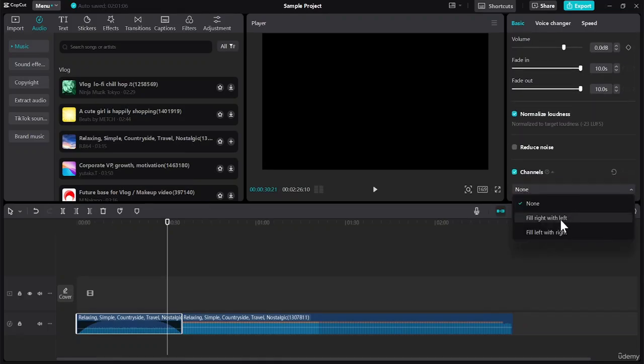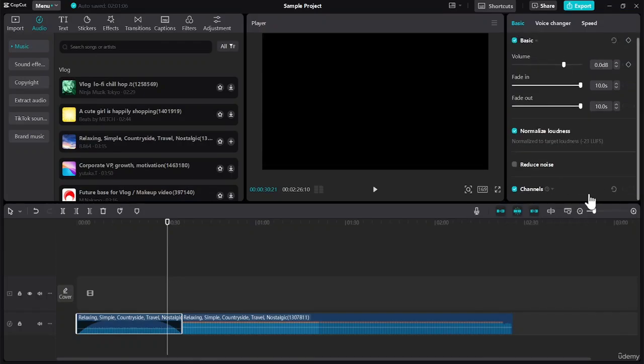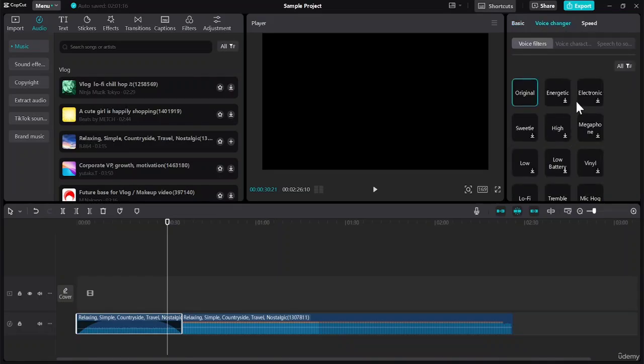You can convert each of the channels, from right to left. Now let's go to voice changer. Here you will see different types of effects for your audio files, such as energetic. If I download that, it will simply change